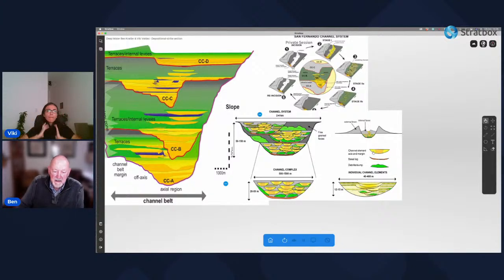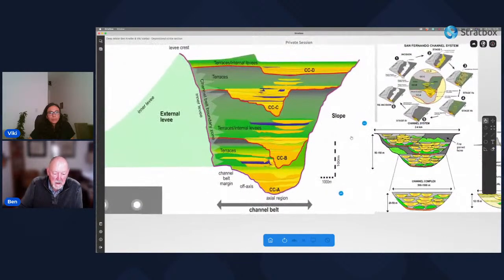Now, channel complexes are generally of the order of hundreds of meters wide, maybe up to 1 kilometer or 1.5 kilometers, and tens of meters thick, and maybe up to 100 meters thick. Now, in this example, the base of each channel complex, given with a heavy red line, is deeply eroded into the top of the previous one. And the erosion surface is followed by a sequence that broadly divides into a lower, highly amalgamated coarse-grained interval,